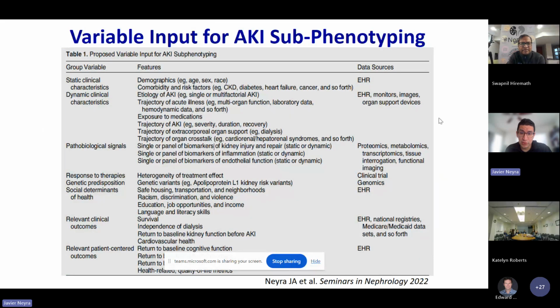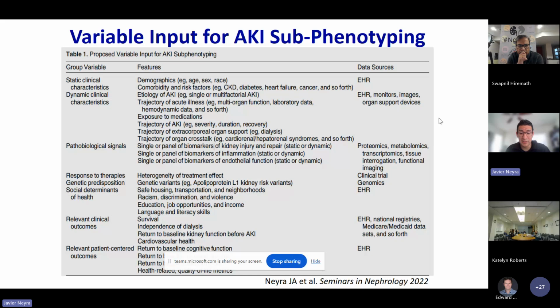A lot of input in the future that can help the subphenotyping of patients. This goes from static parameters of characteristics of the patient to dynamic parameters that I showed you in multiple models today: biochemical data, hemodynamic data, multiple dynamic data that we can obtain from the multimodal sources, including the EHR, the pathobiological signals. I talk a little bit about some biomarkers of inflammation in the case of sepsis AKI, for example,